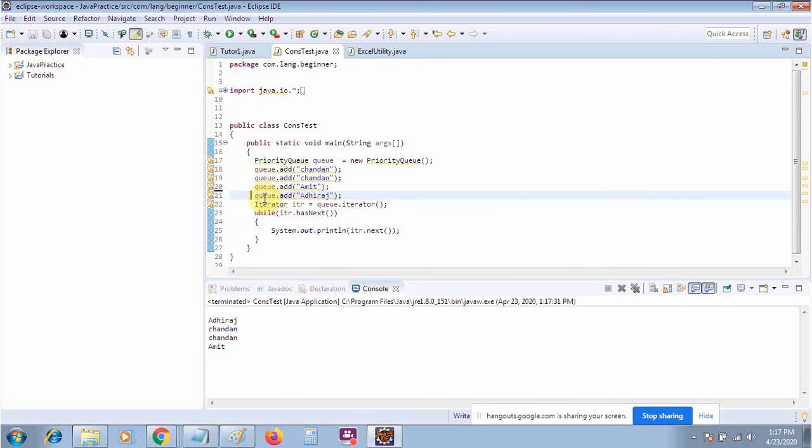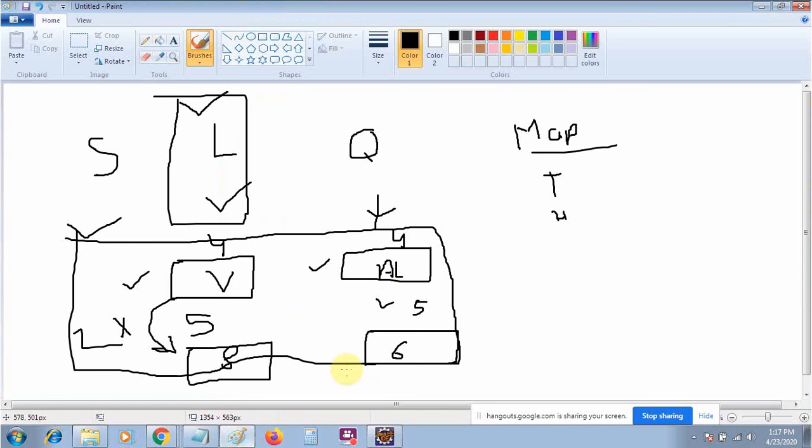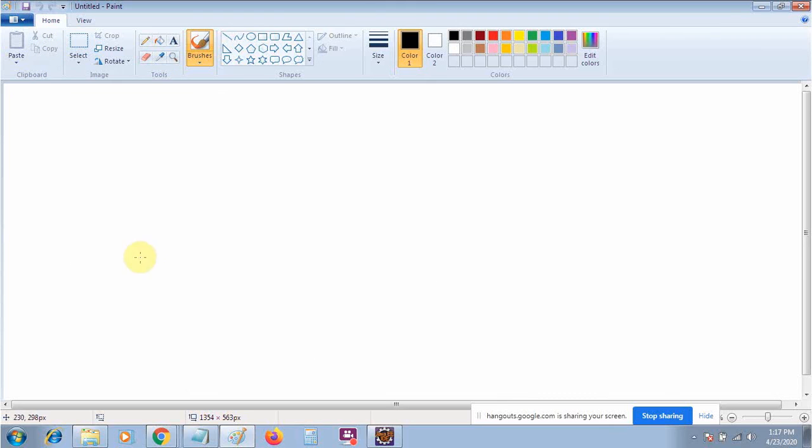Okay, second difference. Let me remove this one so that the output might be more clear. You can see the printing order. As I told you, stack and queue are two different things. When I'm talking about a queue, suppose this is a line, so whoever gets inside first will come out first, and whoever enters last will exit last.